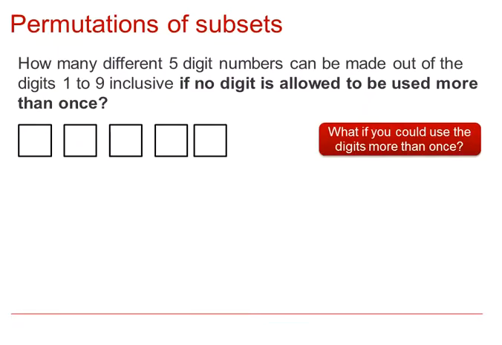In contrast, let us look at the issue that we could use the digits more than once. So if we have 9 digits and we want to make different 5-digit numbers, we will have 9 options for the first slot and still 9 options for the second, third, 4th and 5th. This would give us 9 to the 5, which actually is a much bigger number than the 9 factorial over 4 factorial,